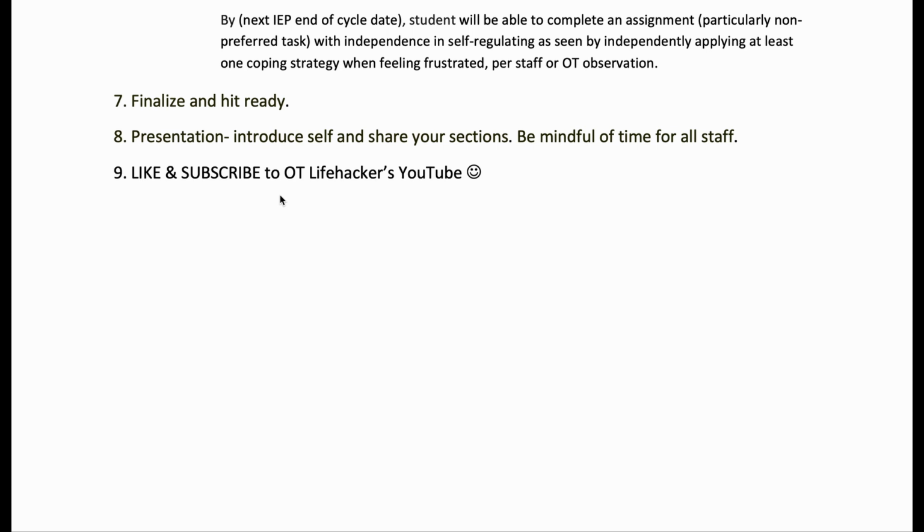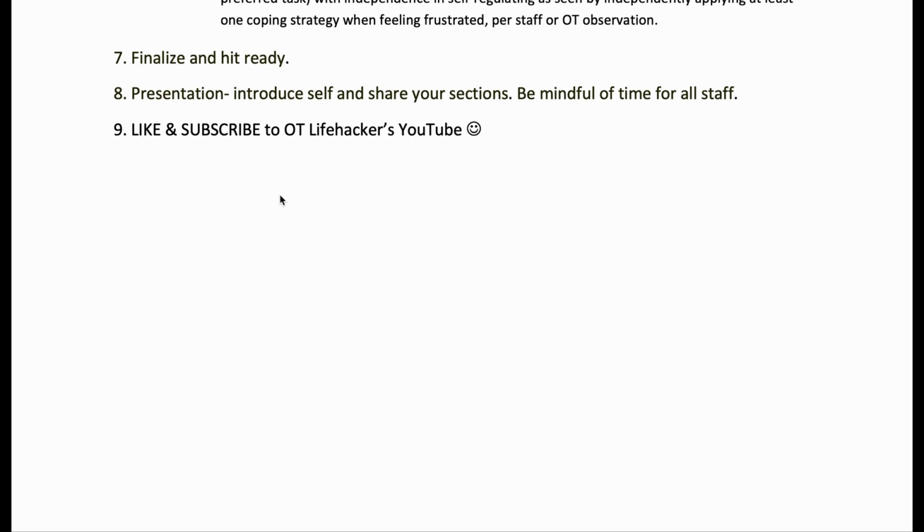Then number 7, the fun part is finalize and hit the ready. So on SEIS, after you finish, you hit a button that indicates you're ready so that the rest of the staff know that you're ready to go and your portion is done. And then you can also upload your reports per how your school would like them uploaded. And then number 8,